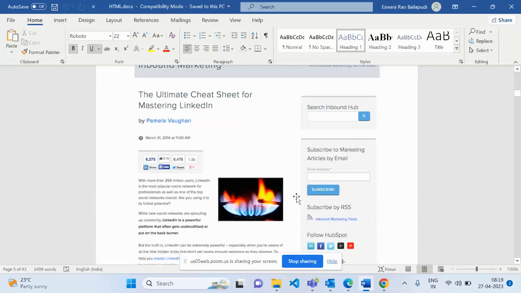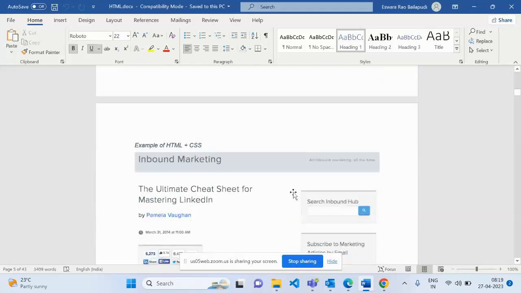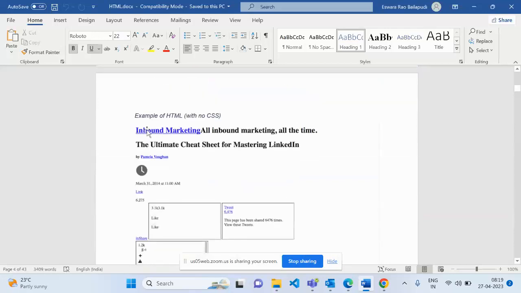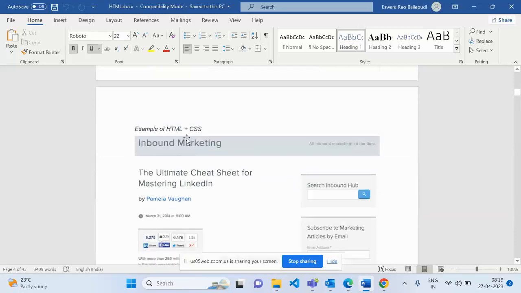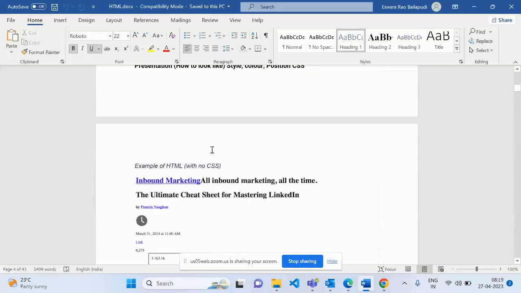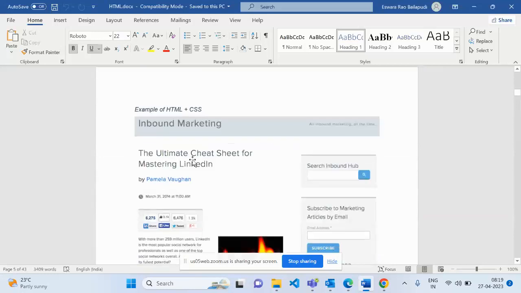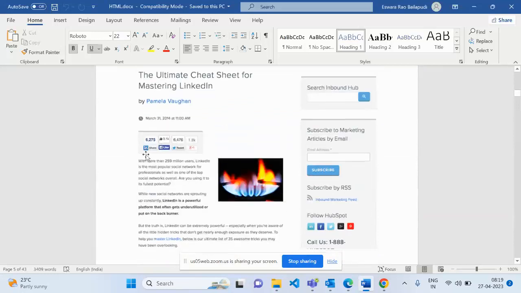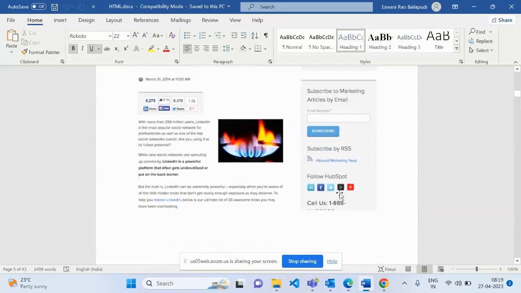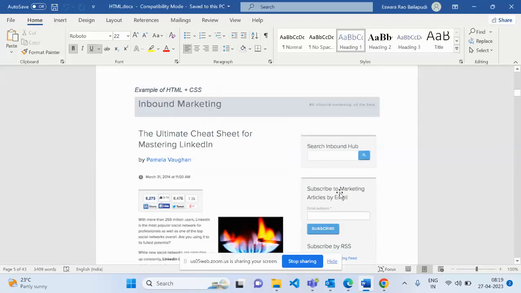It's looking nice. Yes, it will look nice when I use CSS. Without CSS, you can only see inbound marketing underlined. The same thing I did like this by using CSS. And next, I have one heading called outbound marketing. So see, I've given the second heading. And the formats, everything I've given by using CSS, we can make the website very beautiful. The presentation of the website will be made beautiful by using the CSS.